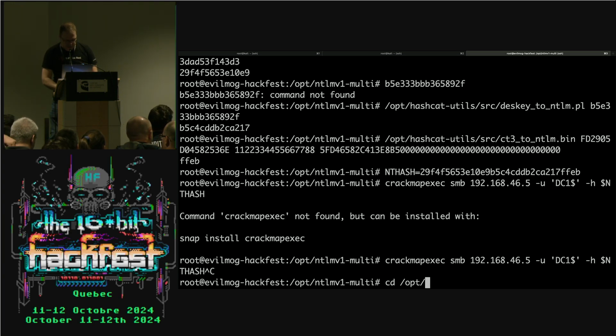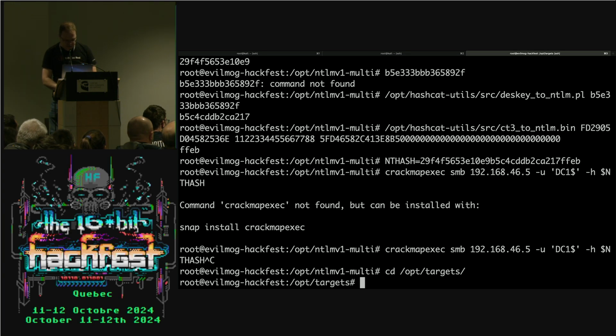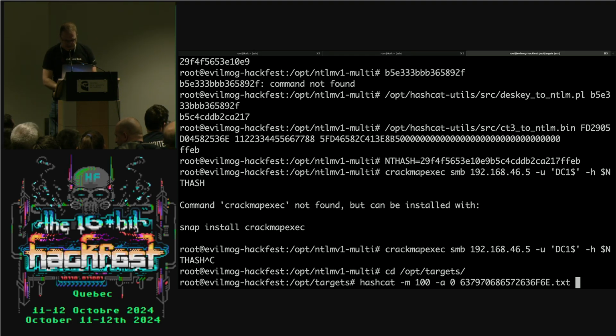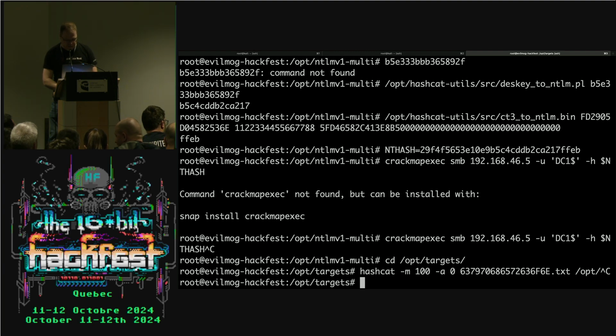So /opt/targets. We're gonna run hashcat -m 100 because this is a SHA-1, not an NTLM, so that's totally fine. Attack mode 0 on this large hash list. Actually, first let's demo the fingerprints.